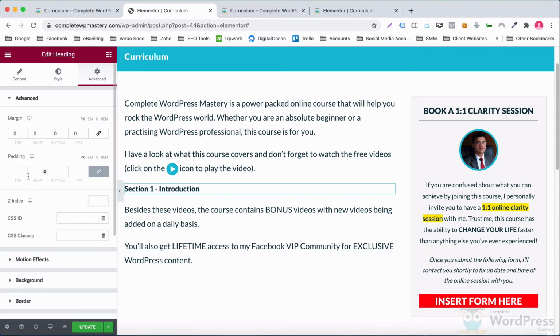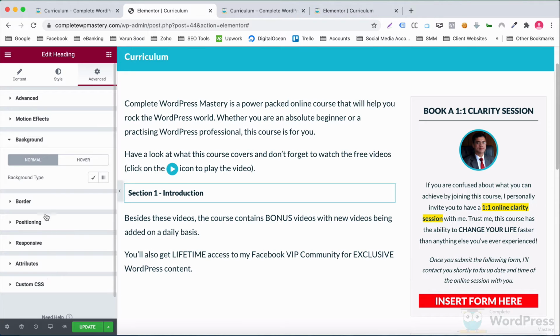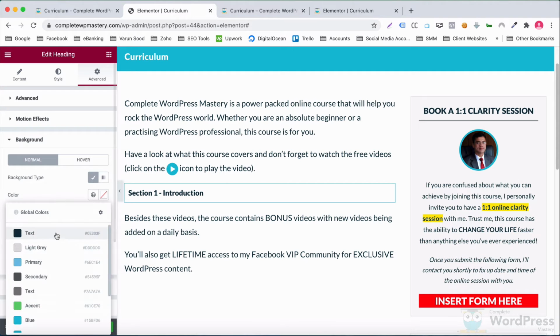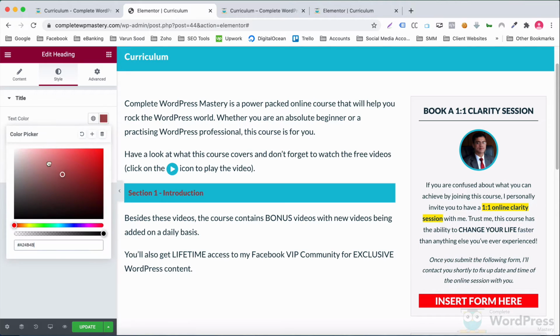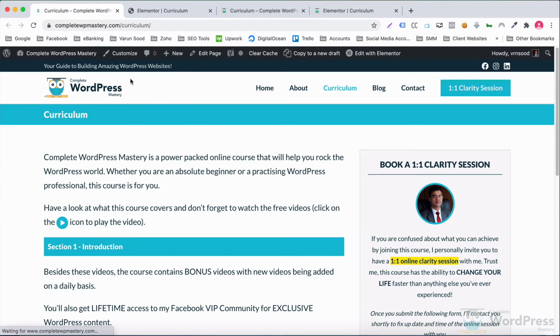Have a padding of 10 pixels on all sides. Have a blue background color. And have white as the color of the text. Hit update and see how that looks on the front end. Perfect.